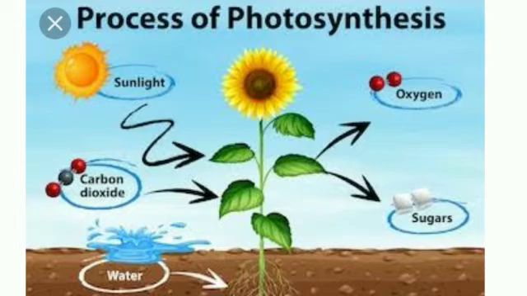It takes sunlight from the sun and carbon dioxide from air and water from soil, and all these things are done in green plants, the green part of the plant. And it makes sugar. Sugar means food, and releases oxygen. That's why we say we need to plant trees so that we get oxygen, fresh air. Now, hope you understood this process of photosynthesis.